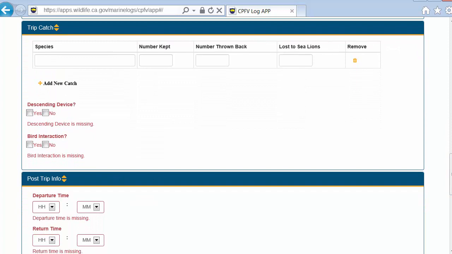The next section is called Trip Catch. This is where I indicate which species were caught during my trip. To enter a species, MLS has a great feature to make things simple. Let's say I caught some blue rockfish on my trip. The species code for blue rockfish is 665. I can enter 665,